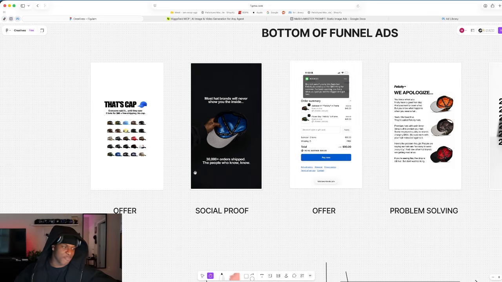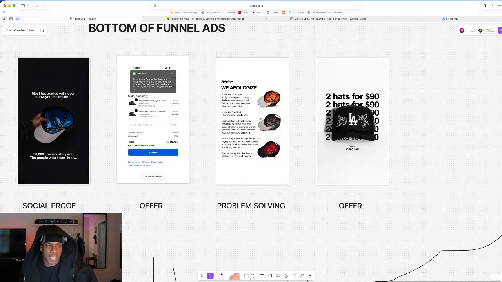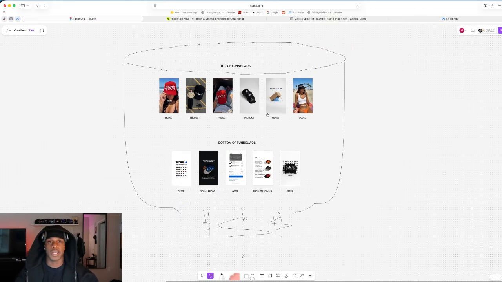And then next you have problem solving. Okay, so essentially what this ad says is, hey, our hats have satin lining on the inside. If you don't want to have a bad hair day, buy our hats, and this is why we're better. So these are all great examples of what you should be looking for when it comes to finding reference images